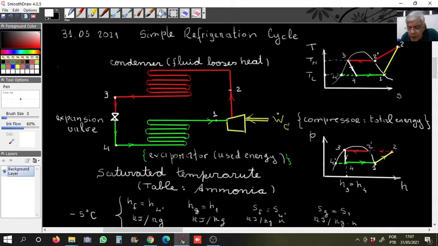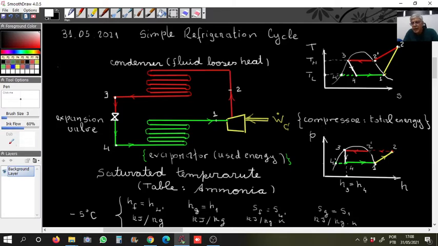The enthalpy remains the same. And this 1 to 2 is the energy gained by the fluid from this equipment over here, the compressor, which increases the temperature and increases the pressure. This is from 1 to 2. That's the real, the actual